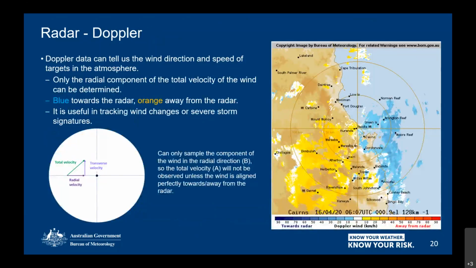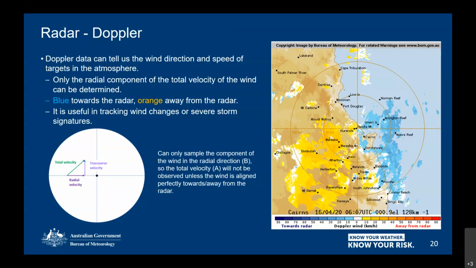Now, Doppler radar. Andrew explained that the blue is towards and the yellow, orangey, reds are away. And this is a measure, our Doppler is measuring the change in phase between two particular pulses that have come back to the radar. And that's how it works out whether it's going towards or away from the radar. I do just want to point out that our Doppler radars can only determine the component of the wind that is directed directly towards or away from the radar.